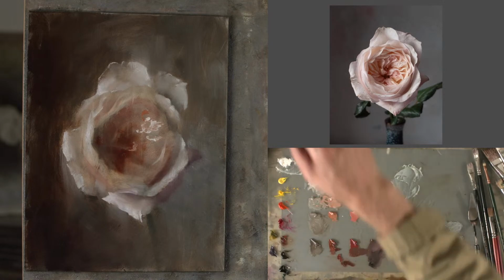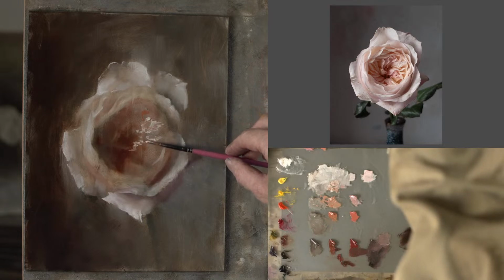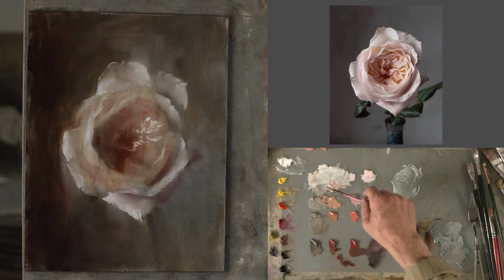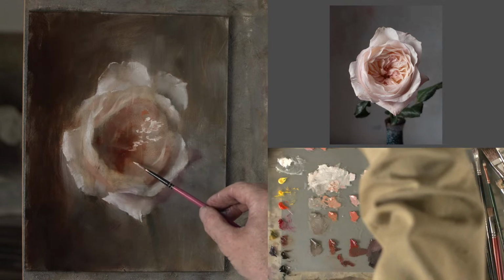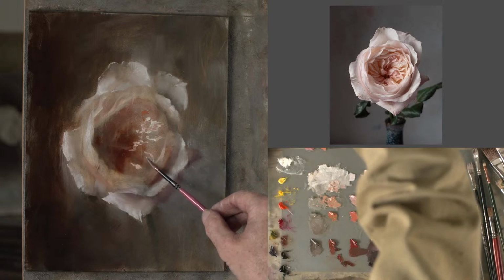So I'm trying to paint it by rolling the brush to sort of suggest a texture that isn't there. Hopefully that means I can avoid trying to overpaint this bit and failing. I'm trying not to paint every little